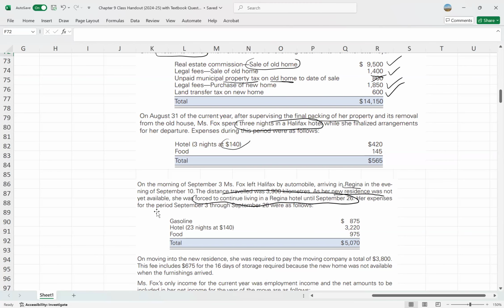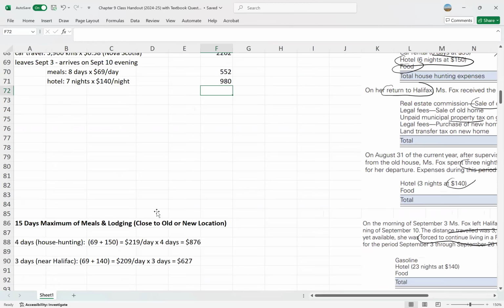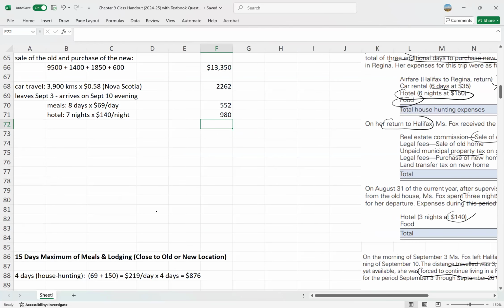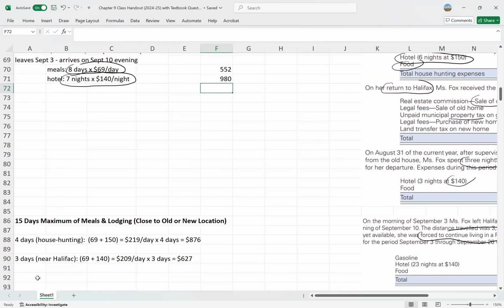And once again, this is where it gets confusing, because we did not include September the 10th here, right? Because we said that she is already in Regina, but we did include the meals because she was traveling and she did not get to Regina until the evening. So she ate while she was traveling. So when we talk about this time that she was in Regina, before moving into the new home,